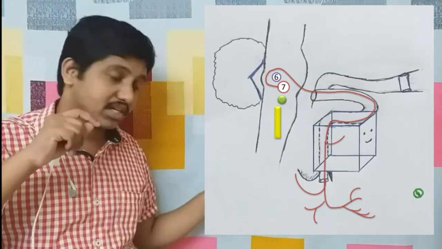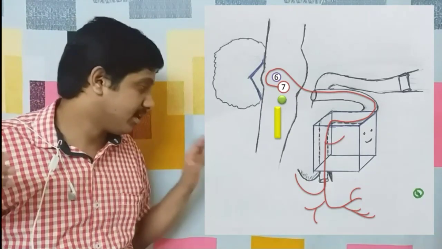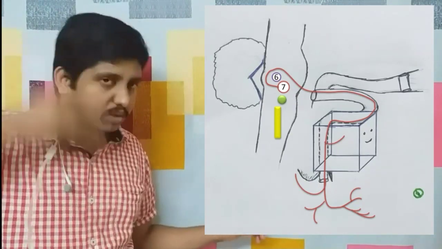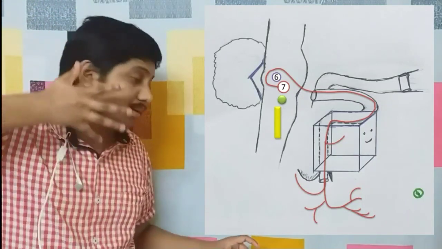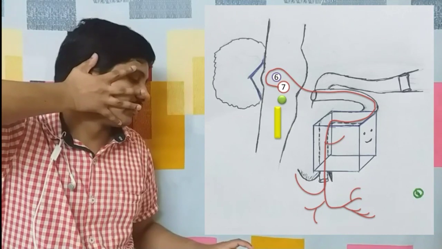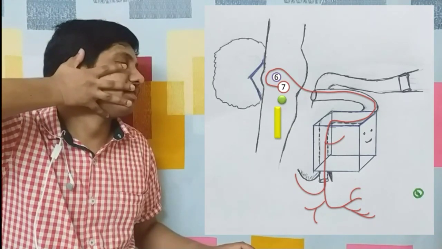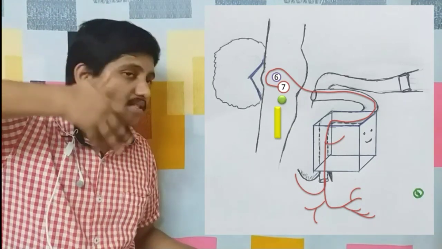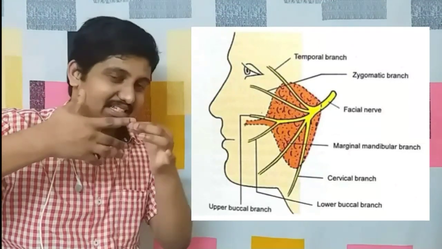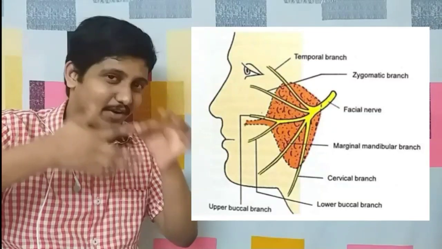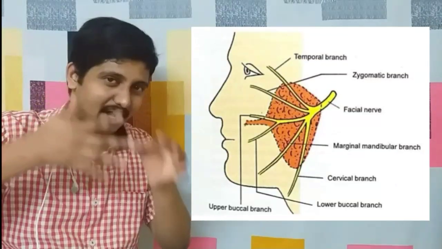And this temporofacial trunk is again dividing into two, and the cervicofacial trunk into three, and together you can remember it as a palm. The 5 fingers of the palm placed on the head like this. Okay, it is better like this. This thumb is the temporal branch, this index finger the zygomatic branch, and this one the buccal branch.